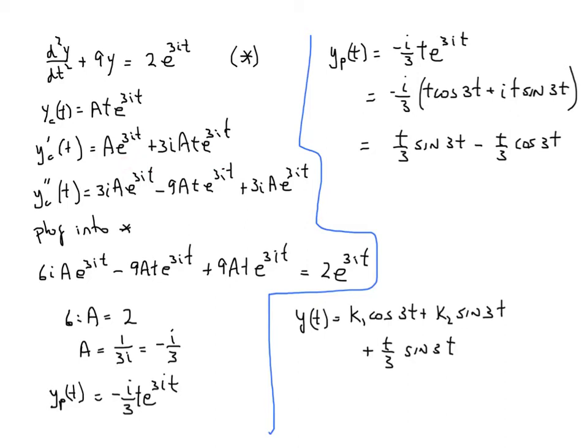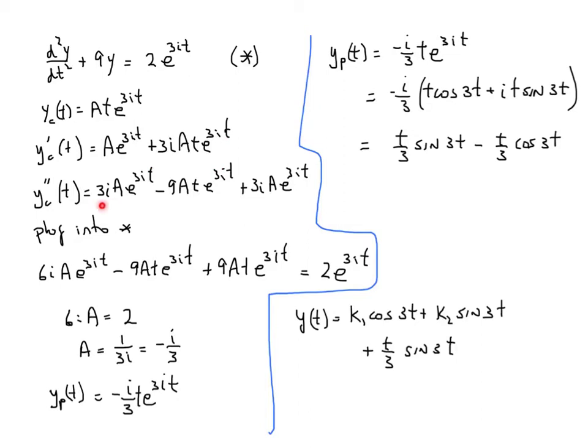When we take the second derivative, we'll just bring down the 3i a e to the 3it. Here, there is a product rule. First we bring down the 3i to make a negative 9. 3i times 3i is a negative 9, a t e to the 3it, and then we differentiate this term. We get a 3i a e to the 3it. We take the second derivative and the function itself, and we plug everything into our equation star,